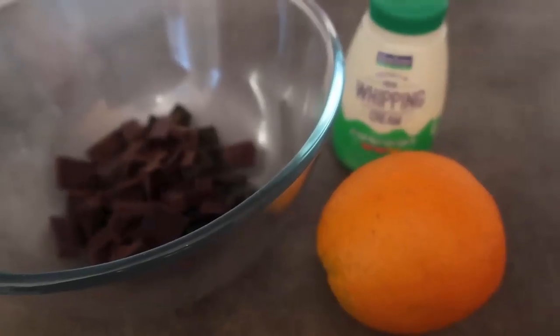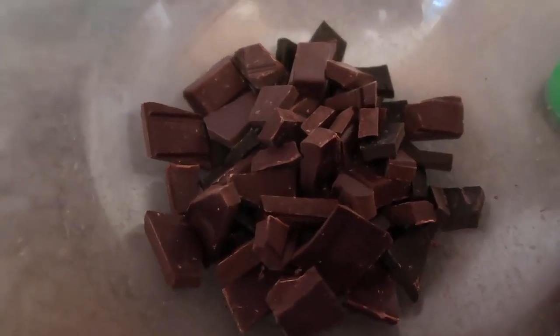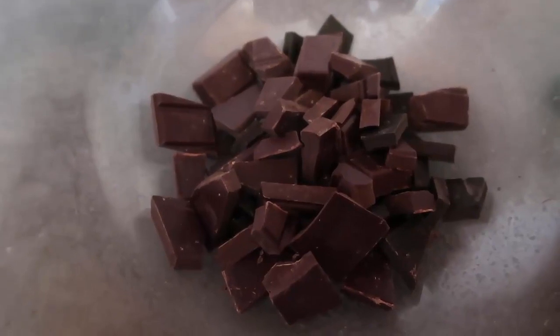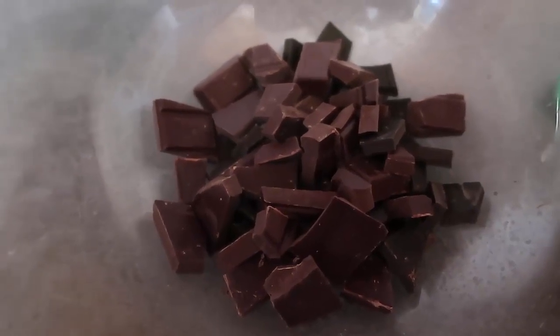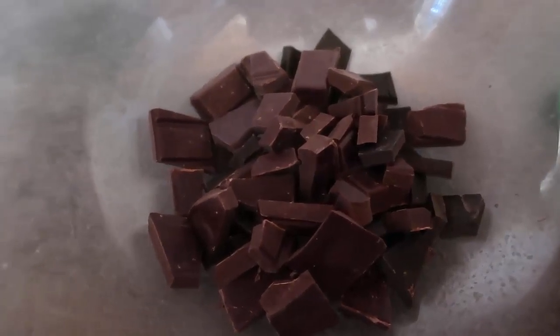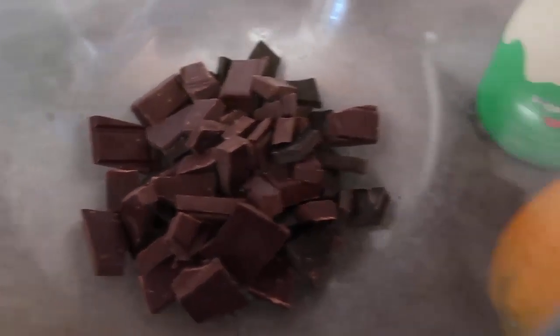So the three ingredients you'll need for the chocolate mousse are chocolate. I have chopped up 125 grams or 4.4 ounces of chocolate. Just use any chocolate you want. You can use dark, milk. I've just used a mix of a few different dark blocks that I have in the pantry. We are going to use the peel of an orange to infuse lovely orange flavor into the